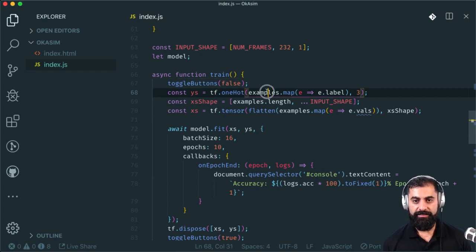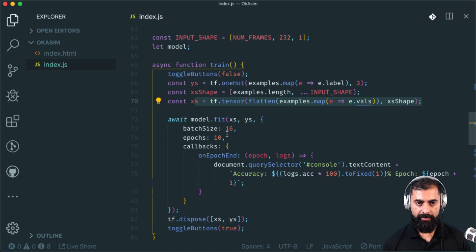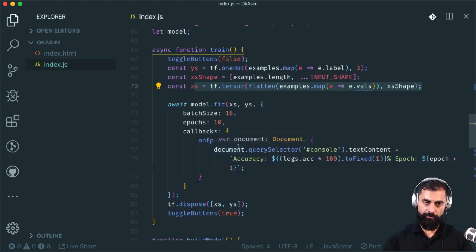So yeah, again, you get the examples. And then we're going to create the tensor, the model fits, and it's going to do the actual numerical number crunching, and then it's going to be done basically. It's going to calculate it, then it's going to train that model, right? So that's what's going to happen.